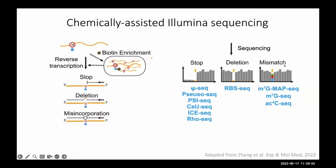So for chemically assisted Illumina sequencing, you start off with your mRNA strand at the top here, and the N with the red circle around it is your modified nucleotide. So you're going to introduce a chemical that binds specifically to that nucleotide that you're interested in. Now, you could do a biotin enrichment. I won't talk about that right now, but the general idea is when you have this bulky chemical group there,